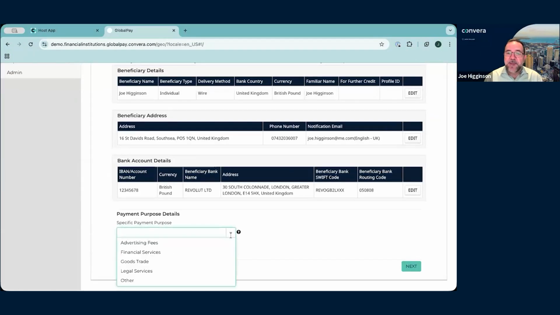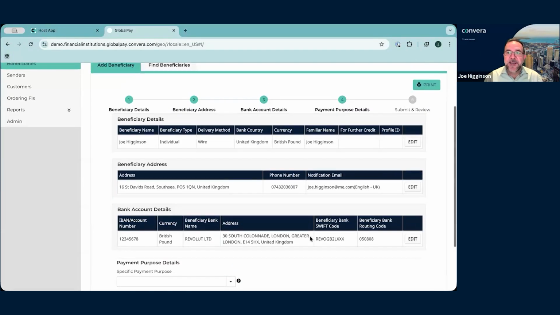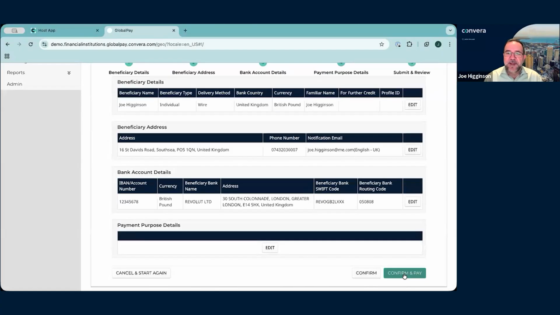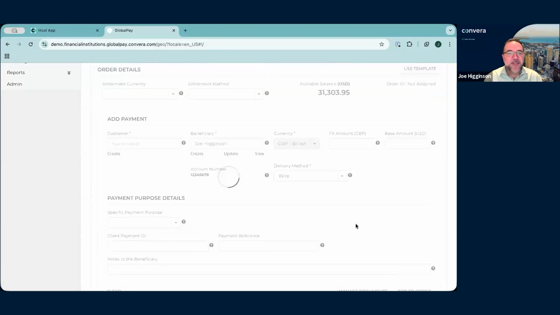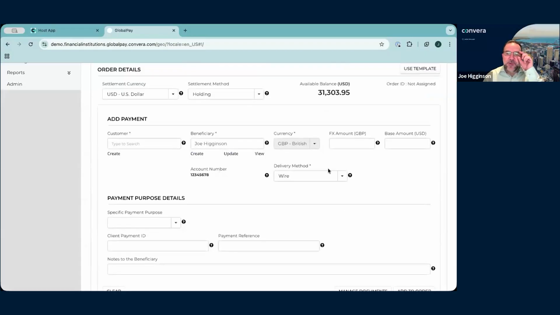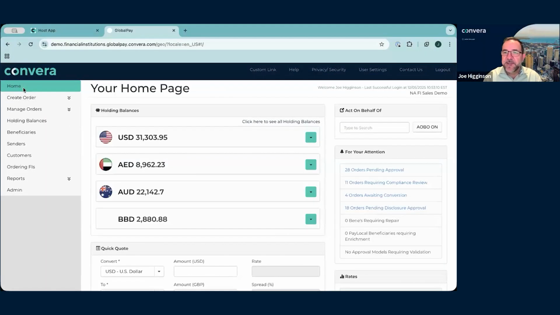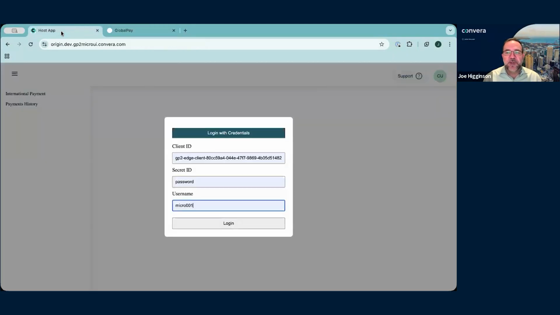I can add a specific payment purpose against that beneficiary, but that looks good enough to pay for me, and I can move through, confirm, and pay. Simple as that. All the tools to enable you to create beneficiaries with our underlying validation services and enrichment services built in. As I said earlier, one last step, I'm going to show you what it looks like from a